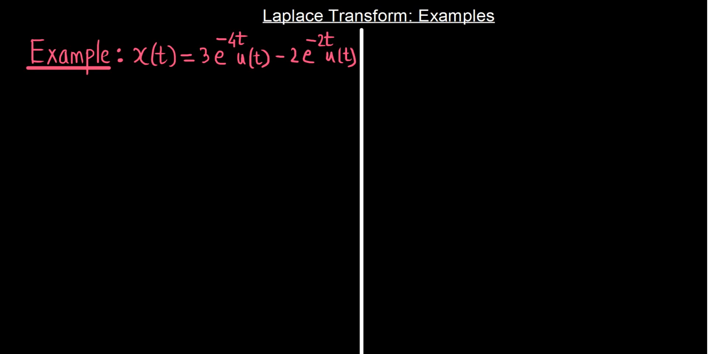Let us consider one more example. Let x of t be equal to 3 e power minus 4t u of t minus 2 times e power minus 2t u of t. Let's try to calculate the Laplace transform, that is x of s equals to